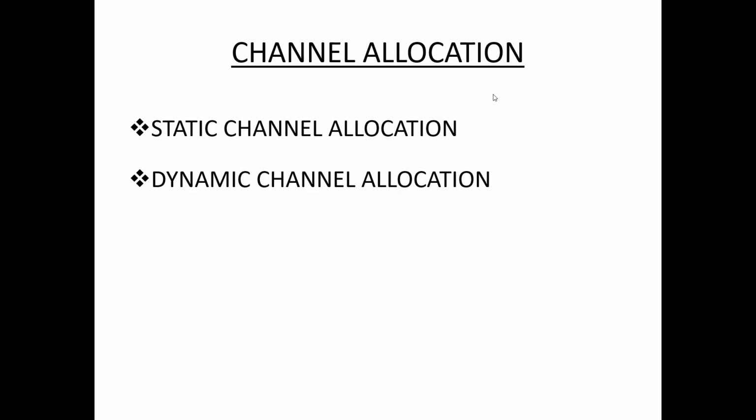In this class, we discuss channel allocation. When more than one user decides to access a shared network channel, an algorithm is deployed for the channel allocation among the competing users. Here, multiple users are trying to access the single network channel, so one channel is allocated to the multiple competing users.